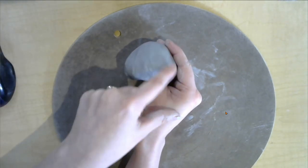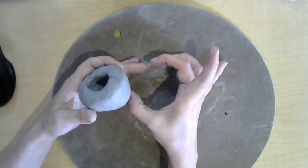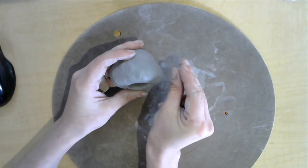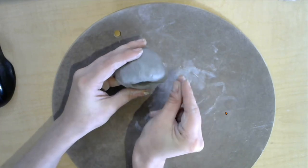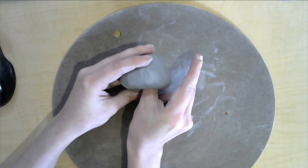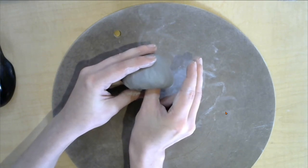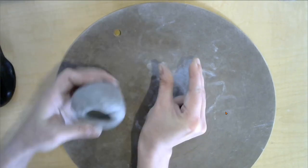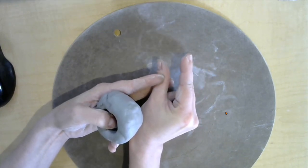If you really want your wall to be a lot taller, if you want your whole bowl to be skinny and then tall, instead of just pinching, this is what we're all doing, right? This is pinching. Instead of just squeezing the clay, what you want to do is have your thumb stationary inside your bowl, and you're going to take your outside fingers and press into the clay and pull up. So what I'm doing is my thumb is stationary, my outside fingers are doing the work, and I'm pulling up,